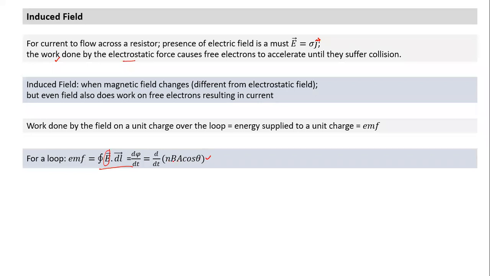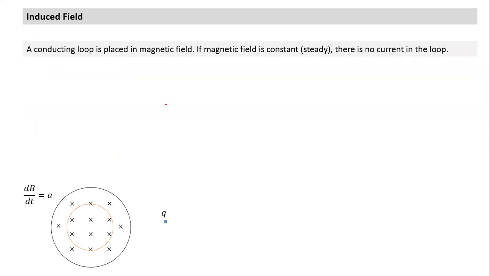So let's look at some of this understanding here and why it is different. Just say here, a conducting loop is placed in a magnetic field. We have taken a magnetic field which is cylindrical in shape, and the field is perpendicular to the plane of the figure. And the field exists only in a circular region of radius r. I have not written the radius; let's say the radius is r. So this field is something like this. If we take the cross section of a solenoid, the magnetic field will also be like this, which will be uniform within the solenoid and zero outside.